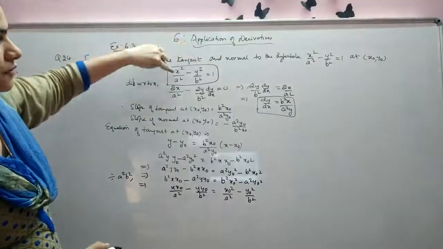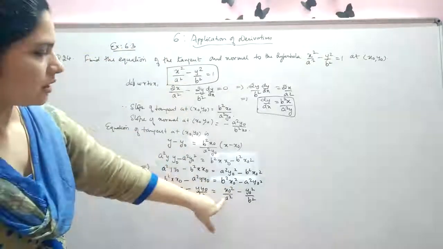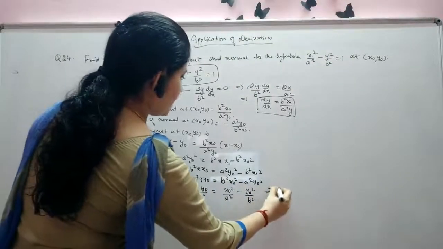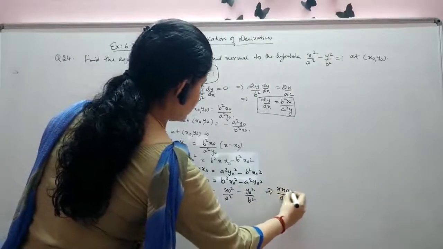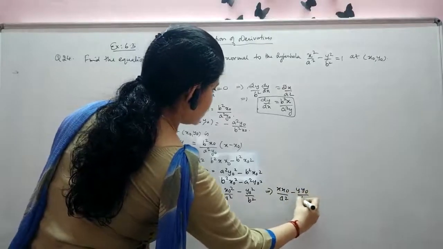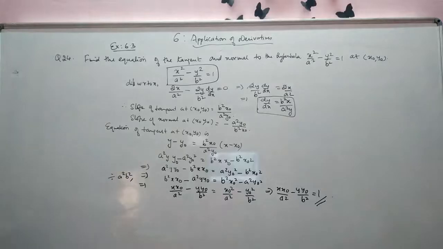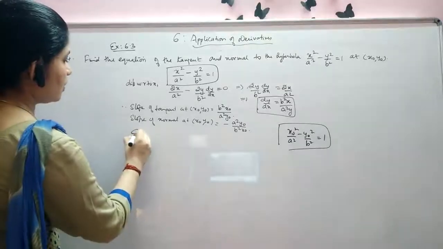Because the point satisfies the equation, you can write the right hand side as 1, so that you are getting x naught by a square minus y naught by b square is equal to 1. So this is the equation of the tangent. Now equation of